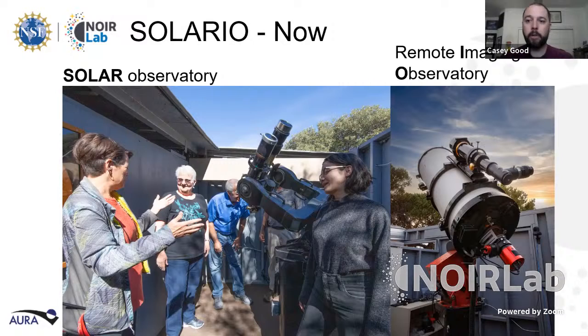for individuals that couldn't make the trip to Kitt Peak, or perhaps people that were limited by any kind of disability that couldn't drive to our mountaintop, or walk around the top of our mountain at night as part of our popular nighttime program offerings. So it took about 1.5 years to build this facility, and you can see an example of what is there